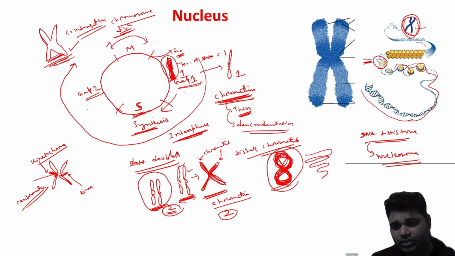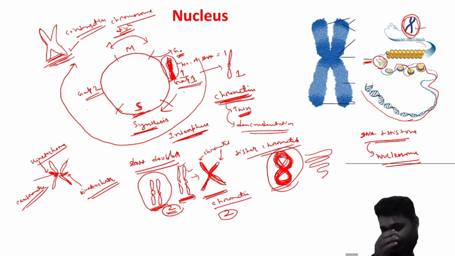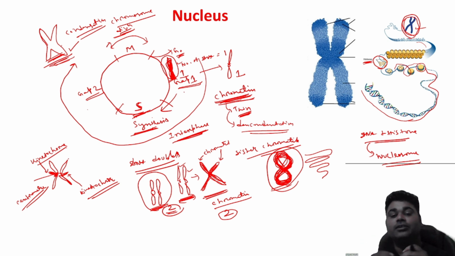So what is the function of the kinetochore that is present in the centromere? It helps in the binding of the two chromatids, because this kinetochore that is present in the centromere helps in the binding of the chromosomes, and now after this it forms